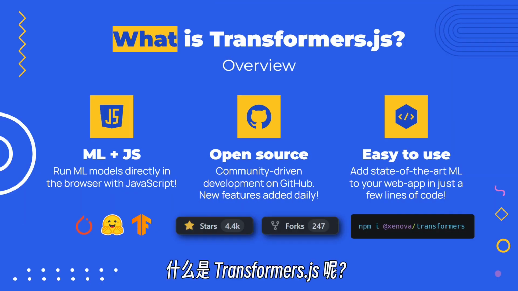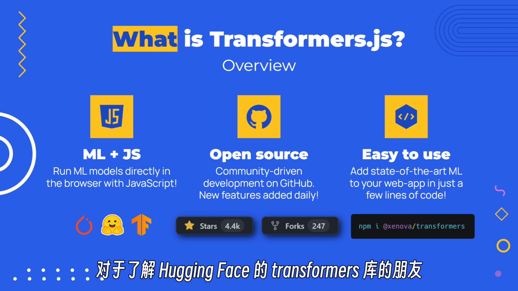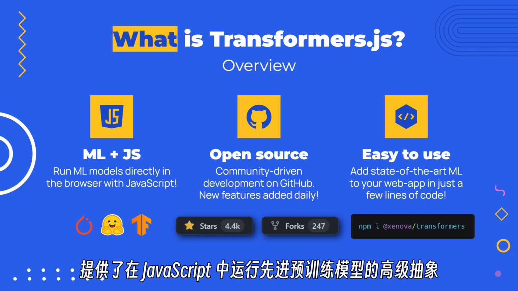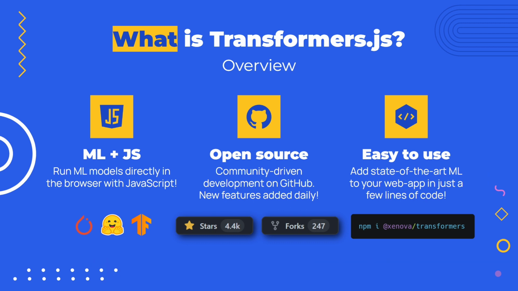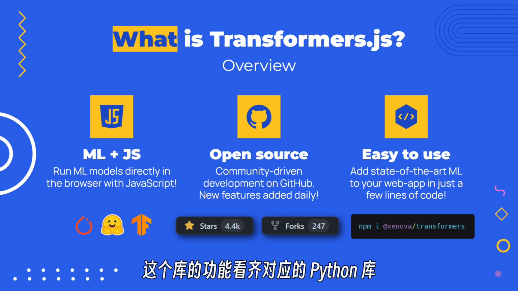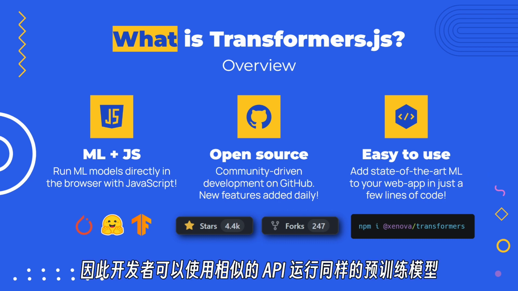So what is Transformers.js? Well, if you know about Hugging Face's Transformers library, you might already be able to guess. But for those unfamiliar, Transformers.js is a library that provides high-level abstractions for running state-of-the-art pre-trained models in JavaScript. This means anyone can easily add machine learning functionality to their web applications. It's designed to be functionally equivalent to the Python library, meaning you can run the same pre-trained models using a